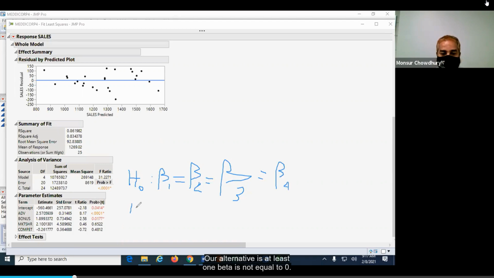And our alternative is that at least one beta is not equal to 0.